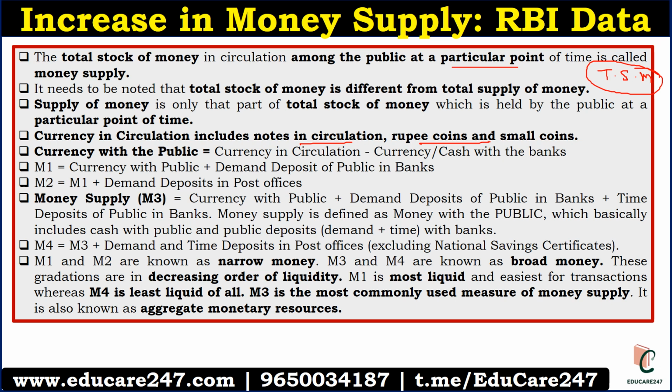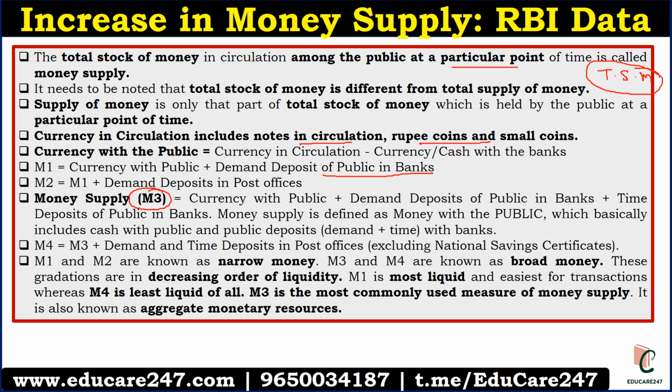M1 basically means currency with public plus demand deposits of the bank. Time deposit is not included in M1. Remember that important point. And what is M2? M2 basically means M1 plus demand deposits in post offices. And what is M3? M3 basically means currency with public plus demand deposits of public in bank plus time deposits of public in bank. So basically, post office deposit is not included in M3. Only time and demand deposit with bank plus currency with public is called the money supply, that is M3. Remember this